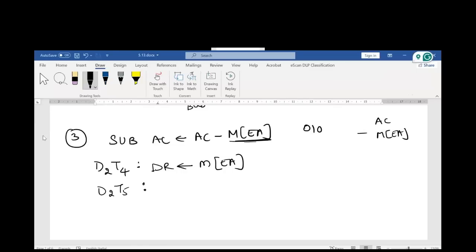How do you perform it? You first take the complement of it. Then you add 1 to it. And whatever answer you get over here, you add it with AC. Okay, so here what we will do is,